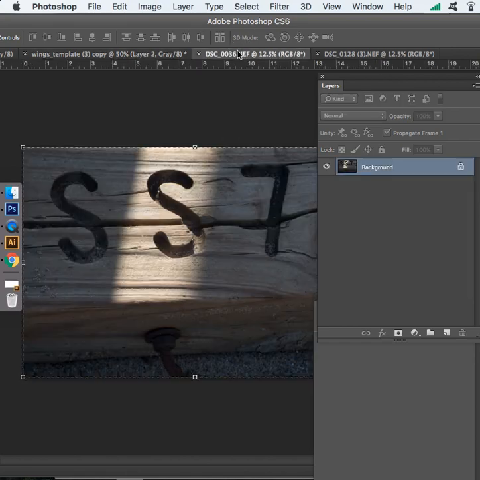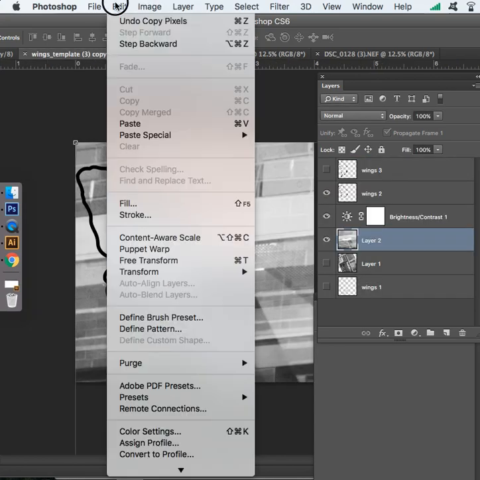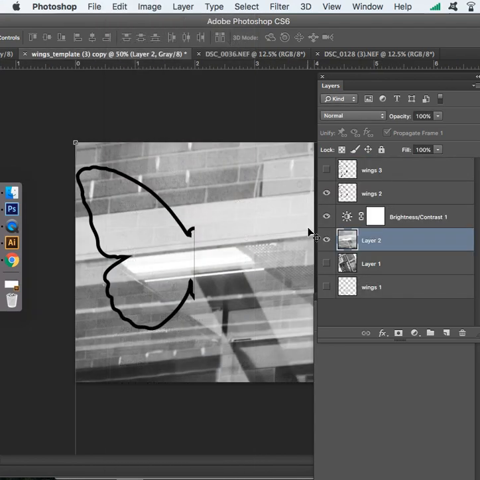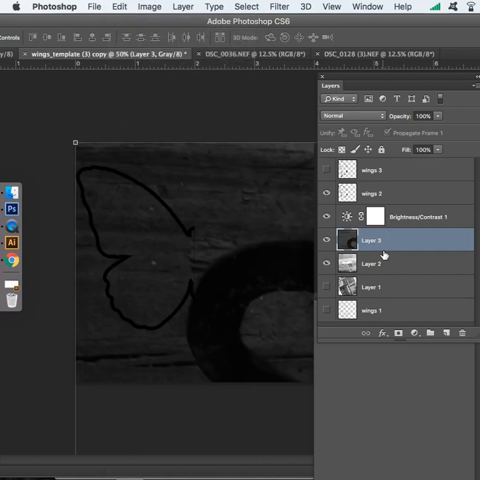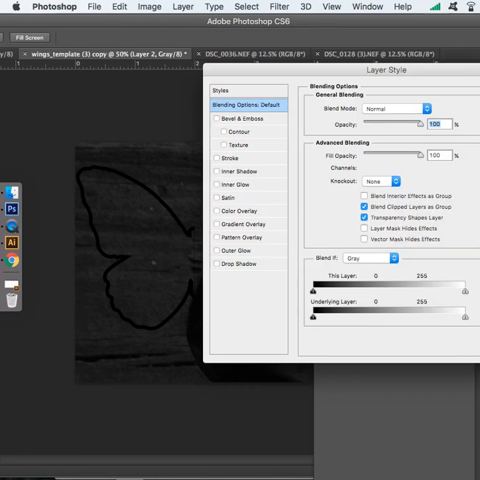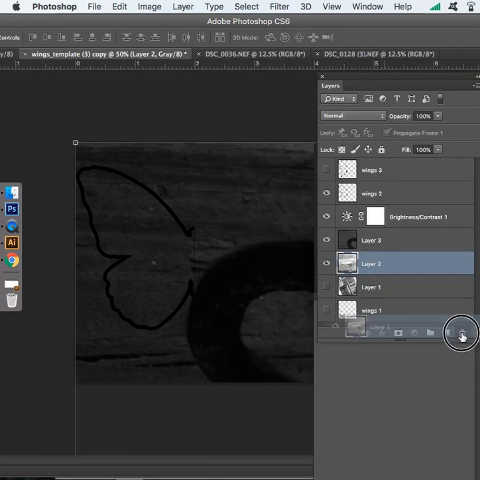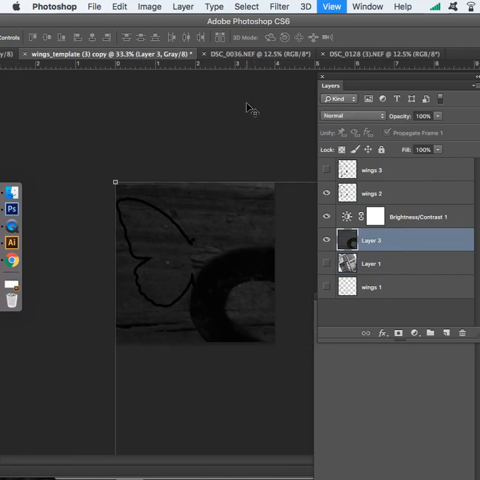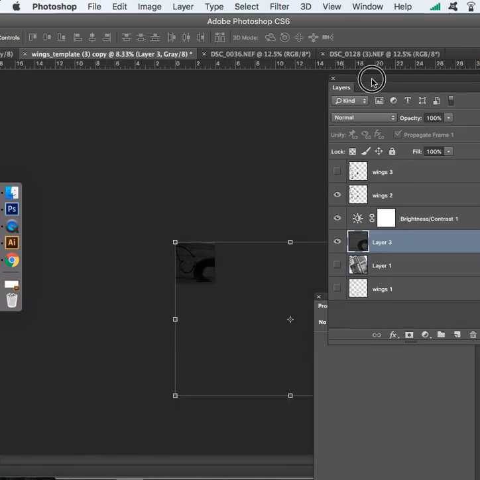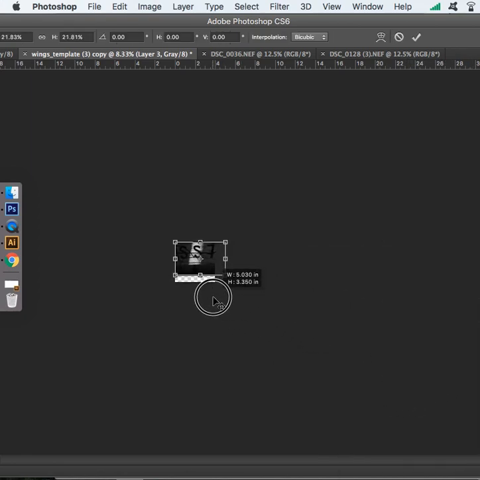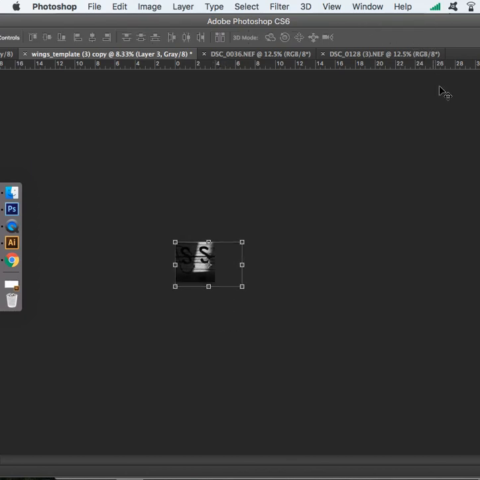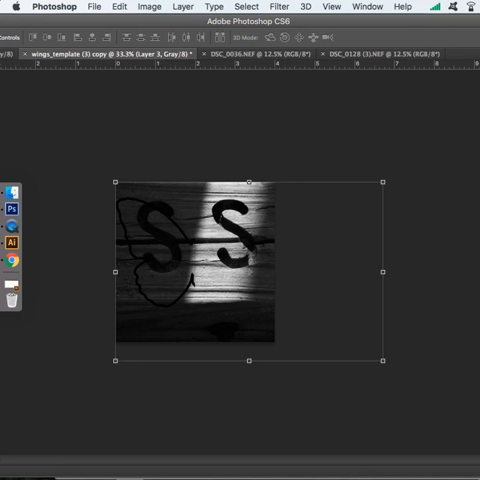Looks like it pasted the same thing. Let me go back and edit, copy. I think I forgot to copy that. And edit, paste. Yeah, there it is. And for some reason I, whoopsie, grabbed the wrong thing again. So let me delete that. So if I go back to this one again, and I'm going to Command minus and kind of bring this in a little bit. Hit the checkbox. Okay. So I actually have 2 images here, and you can't see both of them,